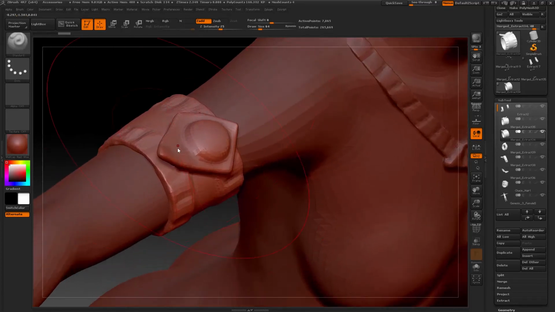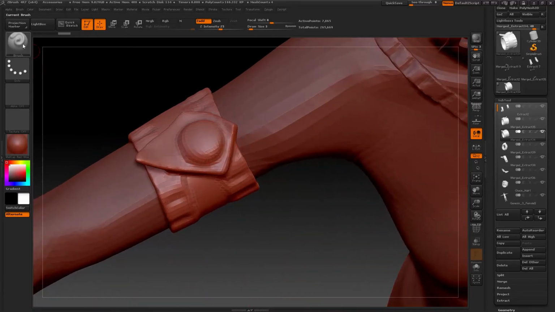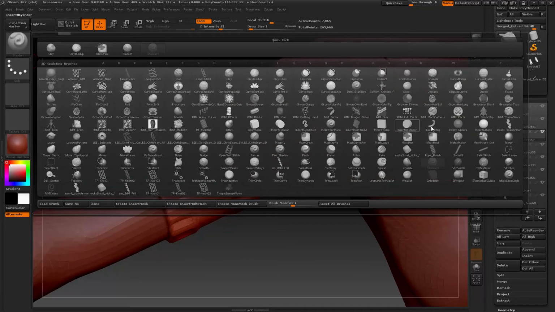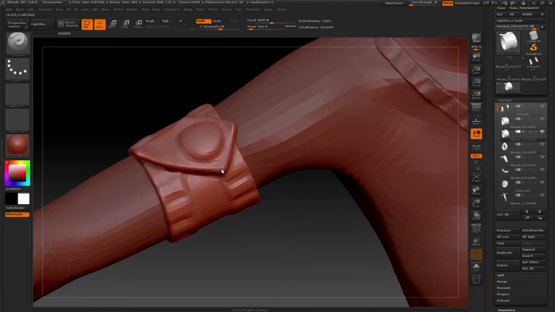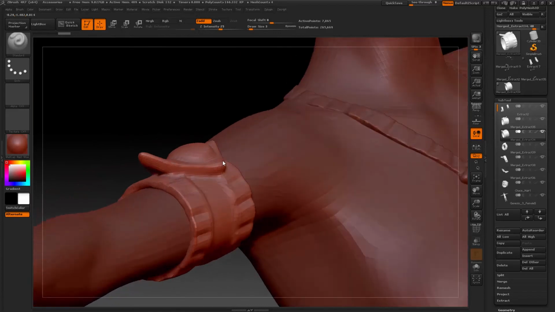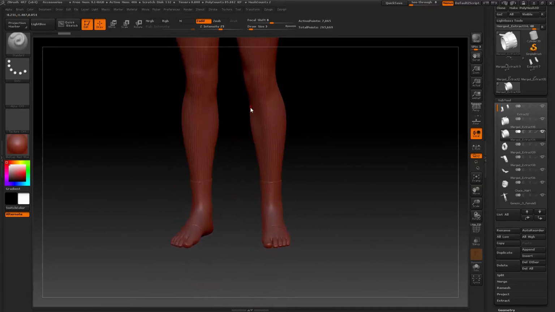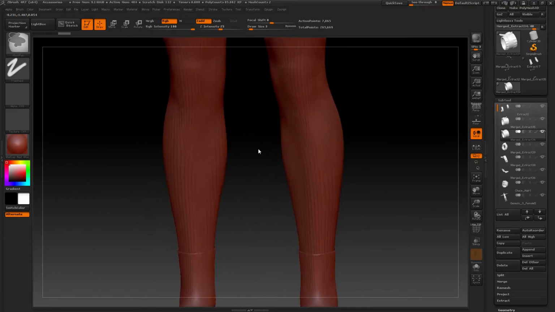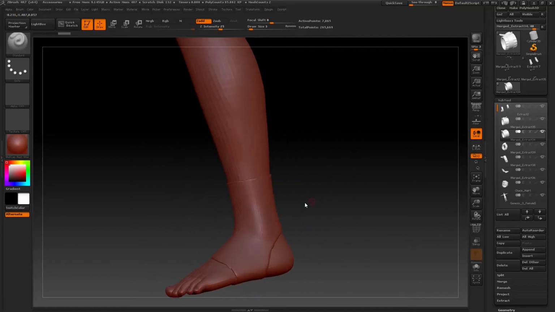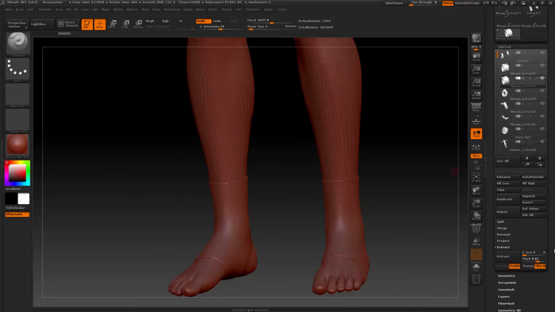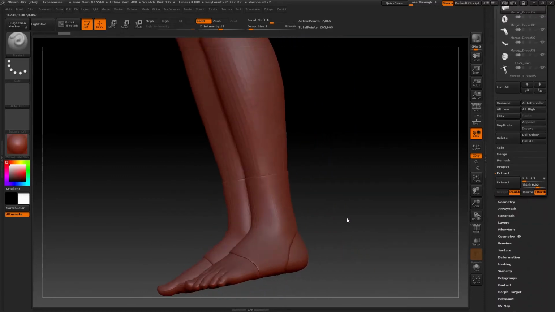The little additions here to the armbands were basically insert H cube, that was then flattened and then Dynameshed, and then insert sphere that went here, that again was flattened and then Dynameshed into the entire thing. The foot wraps were just extracted from the base mesh. I selected the polygons where I wanted the foot wrap to be, and then used the extract tool here to extract it to a specific thickness.